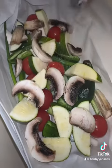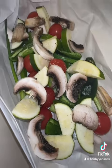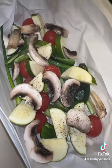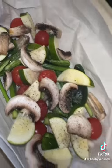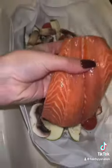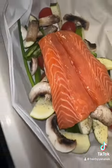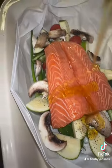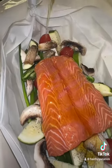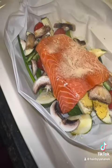Next, you're going to season it with pink Himalayan salt and black pepper. Then you're going to add your salmon right on top and start seasoning it the way you like. I chose to add a little bit of honey, and I also added some garlic powder,